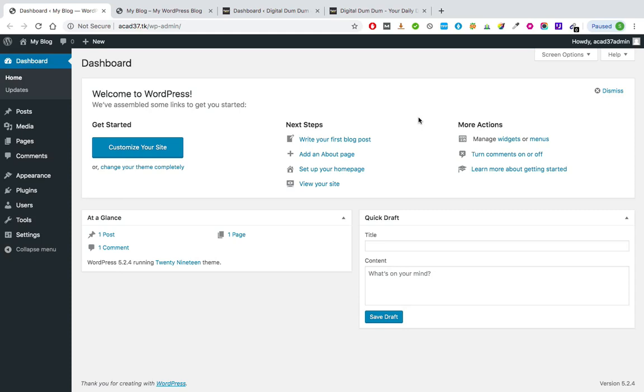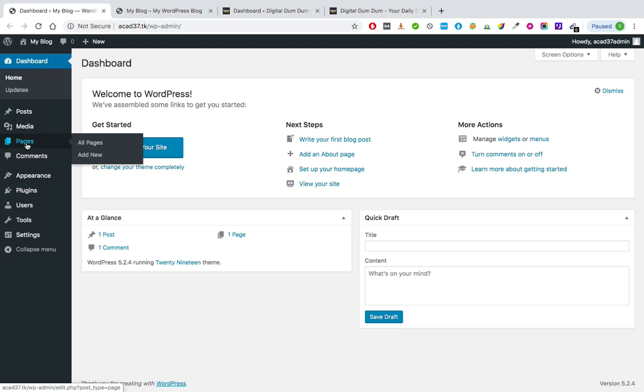Now that we have a basic idea about the various options in a WordPress interface, let us explore each one of them one by one. We will start with pages. So if I'm a website, I will create pages. If I'm a blog, I will create posts. So assume that we are going to create a website for our business.